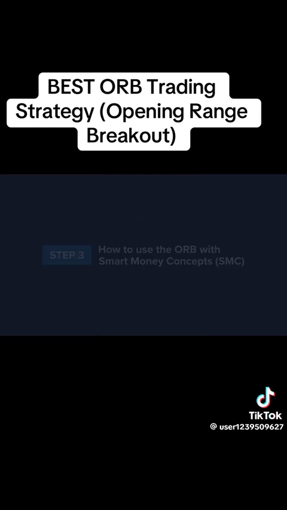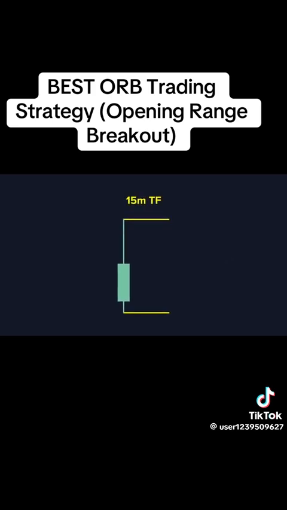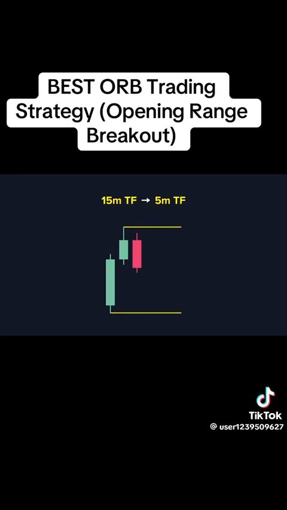So with that covered, let's now move on to the next step, where we can look at how we can incorporate smart money concepts into our ORB trading strategies. As usual, we are again going to use the 15-minute ORB, which is the first 15-minute candle that formed after the 9:30 open. But this time, we are going to move down only one time frame, to the 5-minute chart, and then we are going to move forward in time till a breakout occurs, which it didn't take